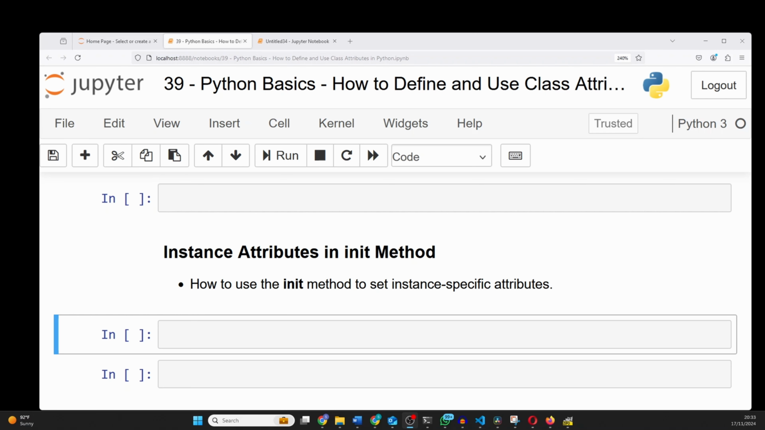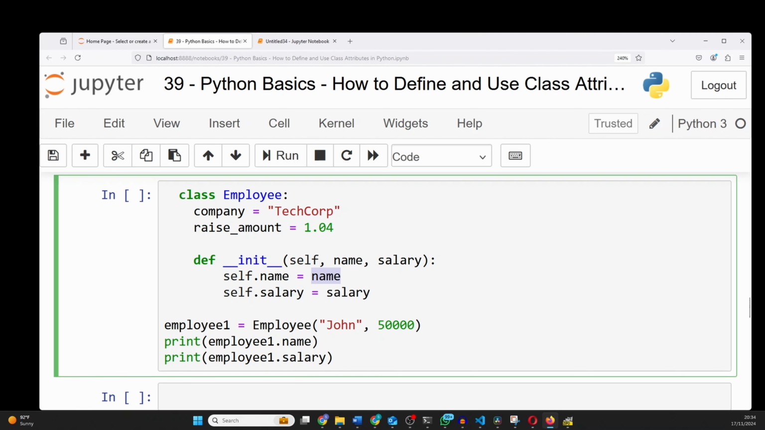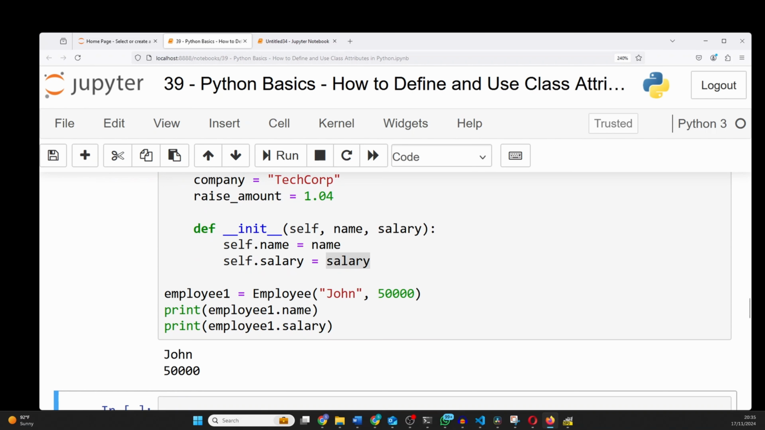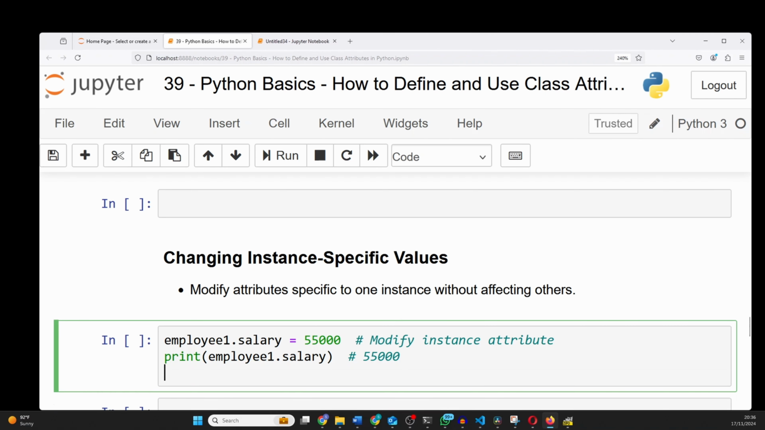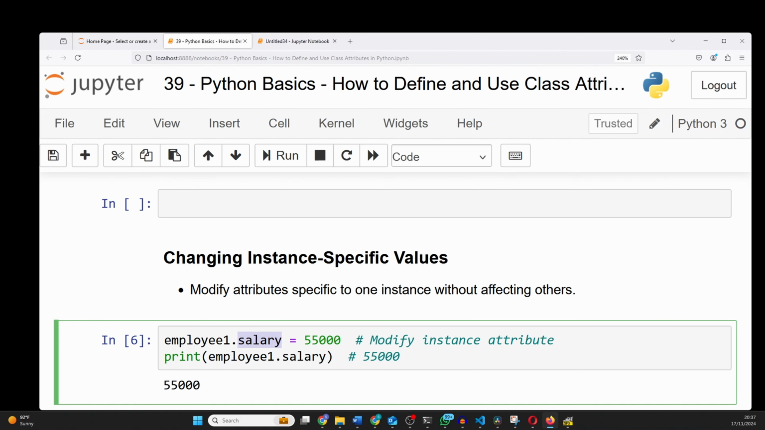We can use the init method. Here, name and salary are instance attributes set using the init method. They are unique to each instance. Class attributes like company and raise amount still apply across all instances. We can change the instance attributes for specific objects, but class attributes are shared. Here we updated the salary attribute for employee 1, but the company attribute remains the same for all instances unless